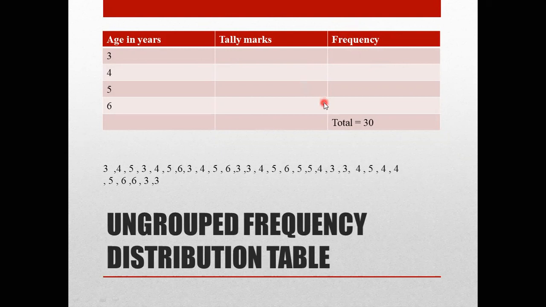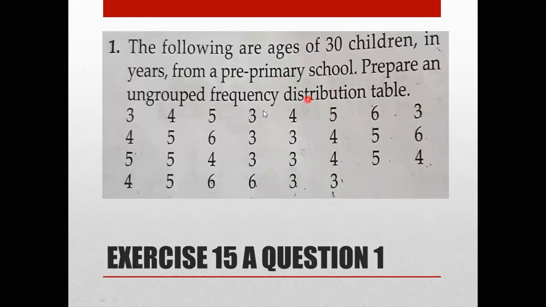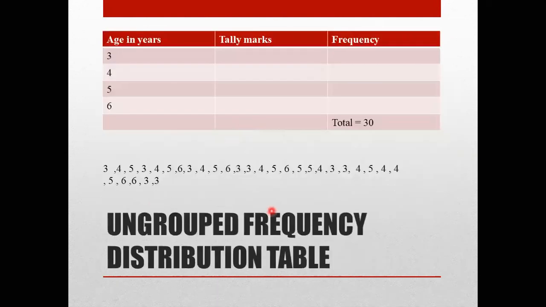Okay. So the question which was, this particular table, this raw data, I have written it over here so it becomes easier. And now we will see how to go about it, how to mark the tally marks. So when you're marking, please strike off the number. So now you can see that I have arranged the minimum age was 3 years in ascending order, then it is 4, then 5, and the maximum is 6.